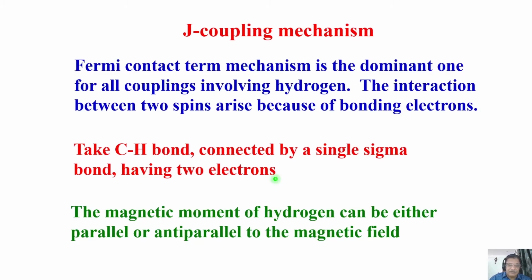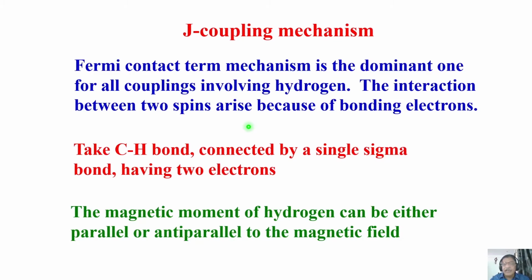Now we will start looking at one of the nuclei, either carbon-13 or proton, doesn't matter. You can take anything you want. Let us consider, I'll take the hydrogen atom. Now, the moment I put the nuclear spin in a magnetic field, what are the possible orientations? The magnetic moment of this hydrogen has two possible orientations because it is spin half. One in the direction of the field, the other in the direction opposite to that of the field. Please understand. Now, the magnetic moment of hydrogen has two possible orientations in the magnetic field.